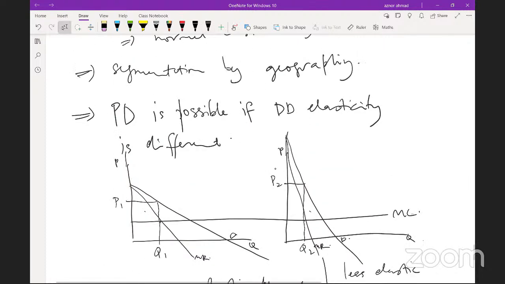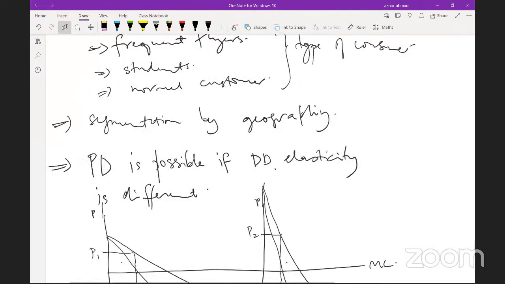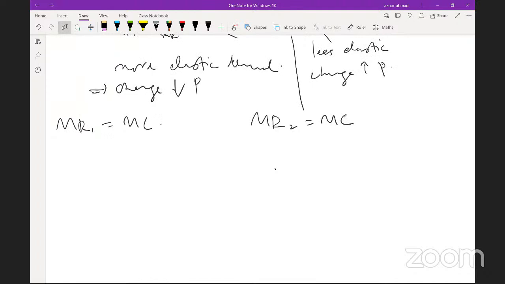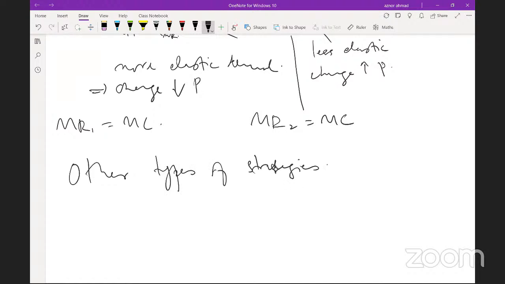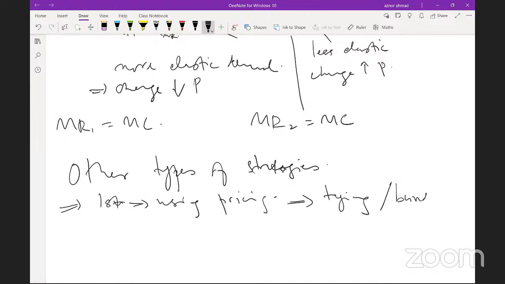Okay, so that will be the third degree, or what we call market segmentation, of price discrimination. And there will be also some other types. So this will just be under the category of other types of strategies. This is not really called price discrimination, but we call them other types of strategies to capture the surplus. And of these other types of strategies, the first one is actually some sort of pricing strategy also. This is called maybe tying, or sometimes bundling. Okay,